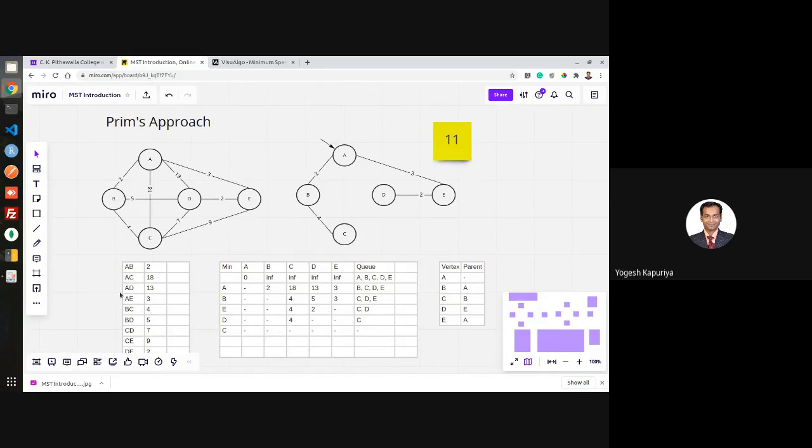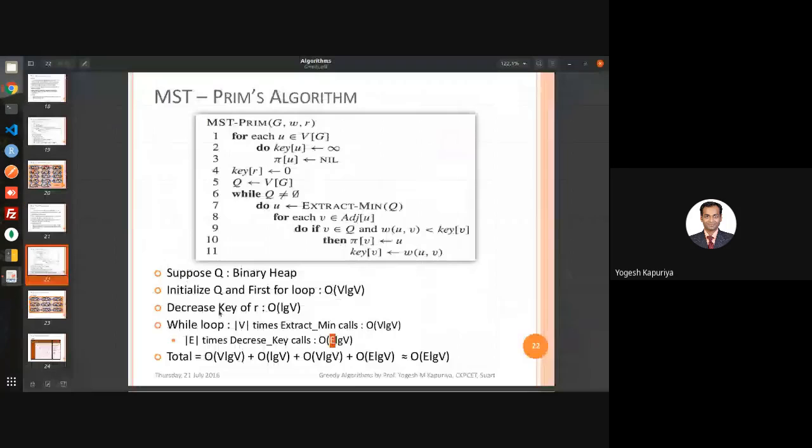If you updated once for AE, then we are not updating for EA. Due to this approach, we are updating the key value at the max E times. So that's what is being discussed over here. E times you are updating the key value using this for loop, so that is E log V.